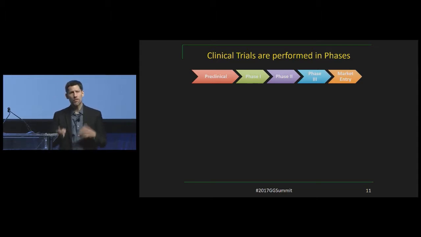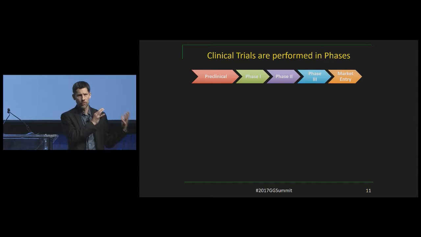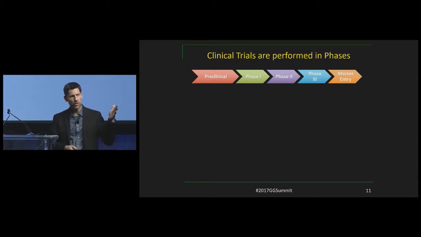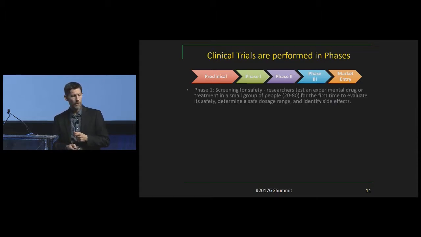So again, we talked about the phases of the trial, right? We talked about how you got there, from your in vitro work up through your pre-IND meeting with the FDA, to going through your safety studies and then onto your IND. Once you get through your IND, you go into the phases of clinical development, from phase 1 to phase 2 to phase 3, to potentially market entry, and then phase 4 post-marketing approval studies.